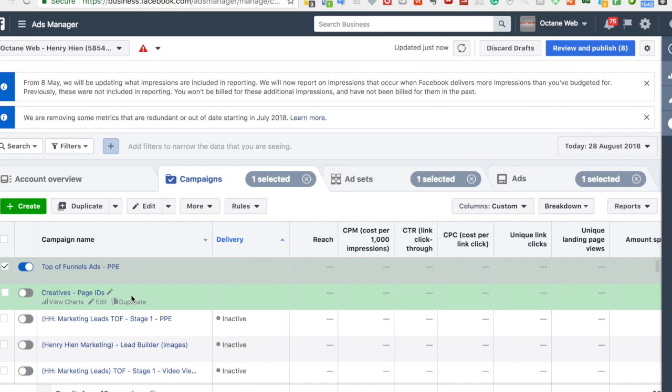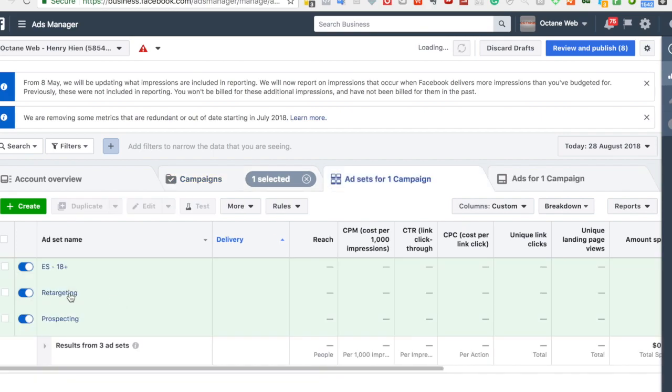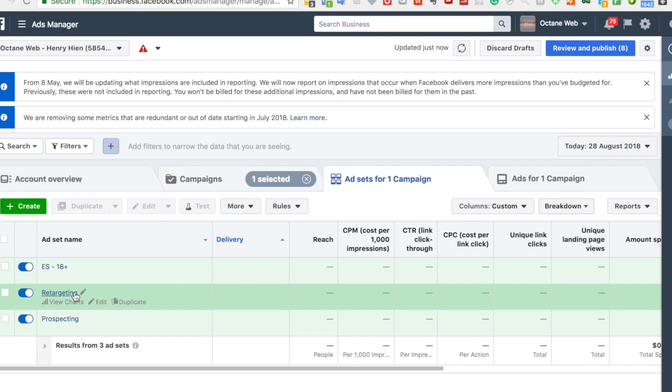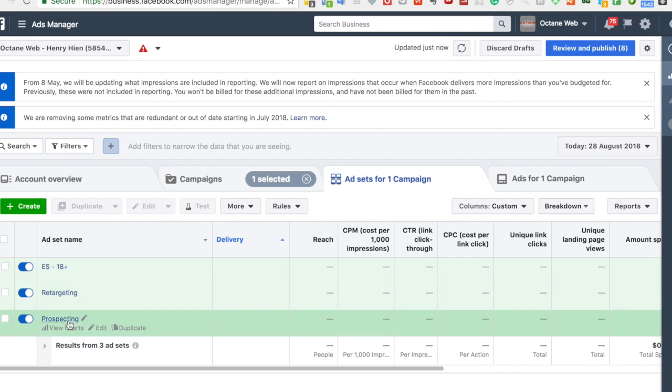So again, I've already set this up, but you should have one ad campaign called creatives or something like that, so you know exactly what it is. And we're just going to use that, as I mentioned, to build up the social proof basically. So we take this creative campaign, and as you can see, we've got two ad sets here for retargeting and prospecting. This is just going to allow us to know exactly what's in there, whether it's prospecting ads, retargeting ads,